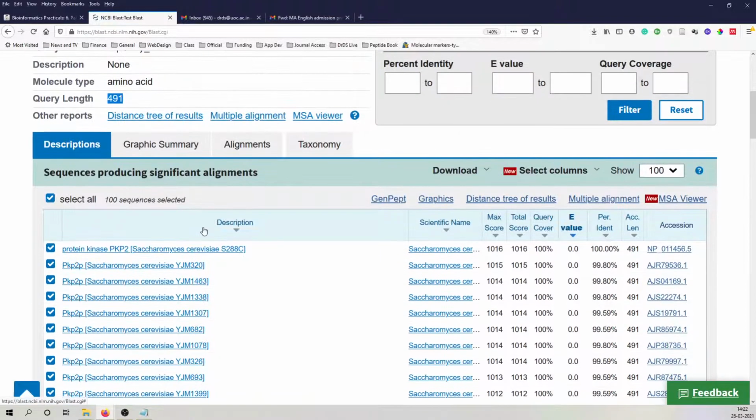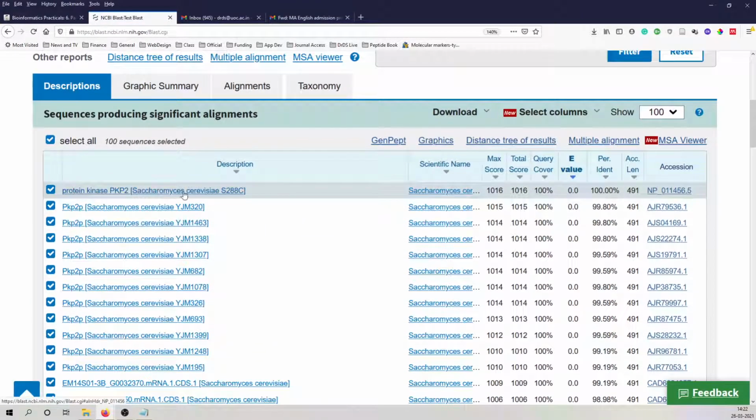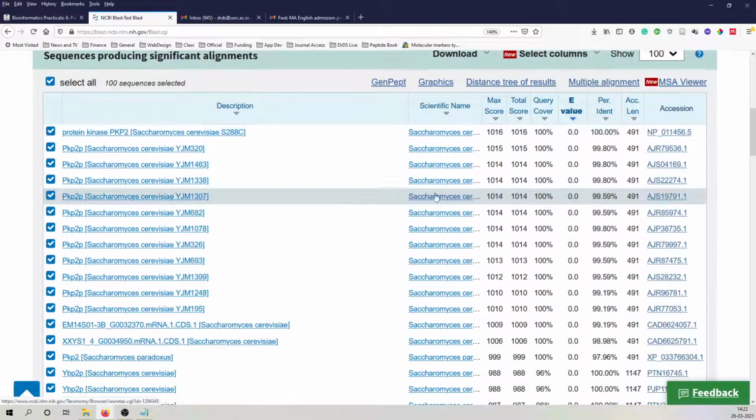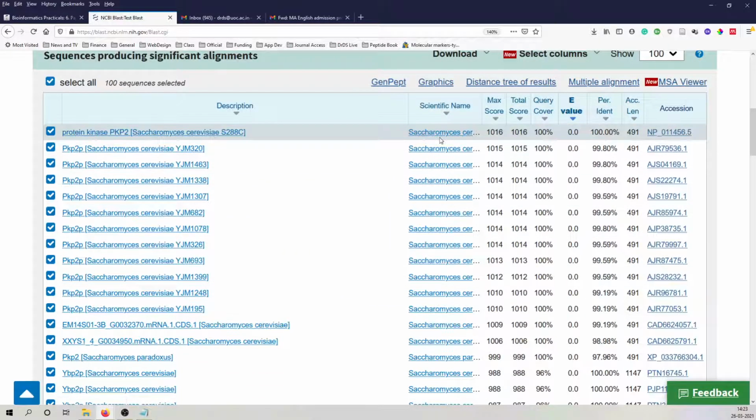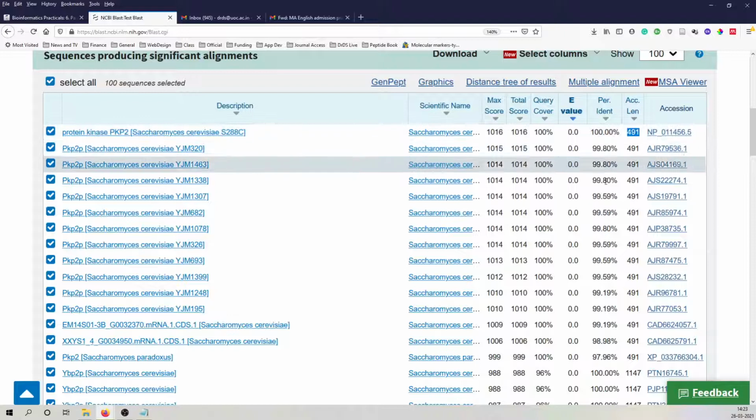Now, these are the different entries available in the protein database. This one has 100% similarity with the query sequence. The maximum score, which is the alignment score, is 1016. The E-value is 0. There is 100% identity. That means all the amino acids match the database sequence.